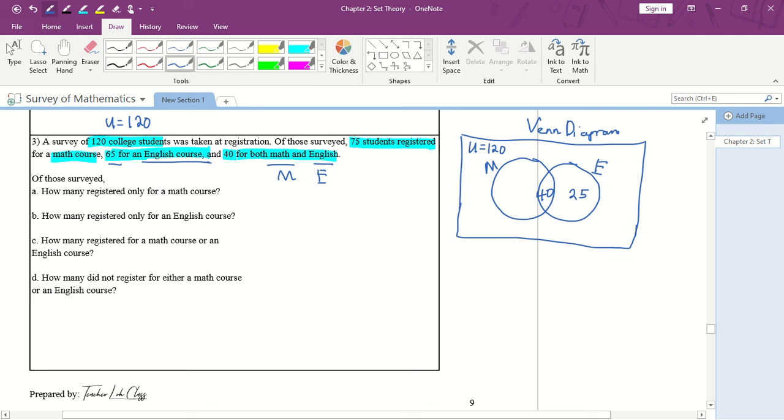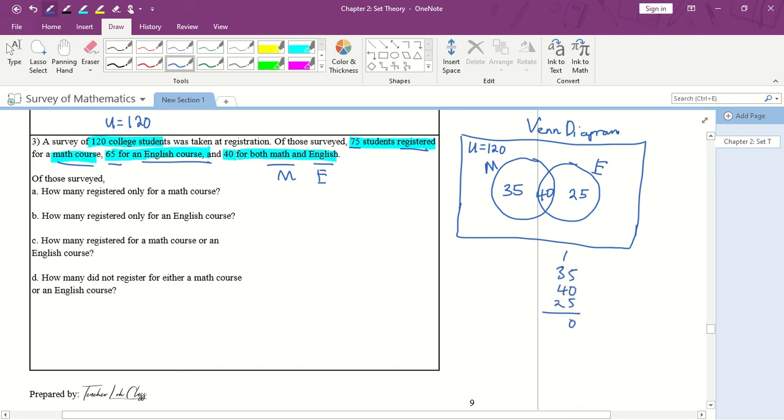And 75 register for a math course, which means that 75 for the whole thing. And since 40 is here, with the leftover 35 here. And now we need to find how many outside that don't register any courses for math and English. So we need to add up for this first. So 35 plus 40 plus 25